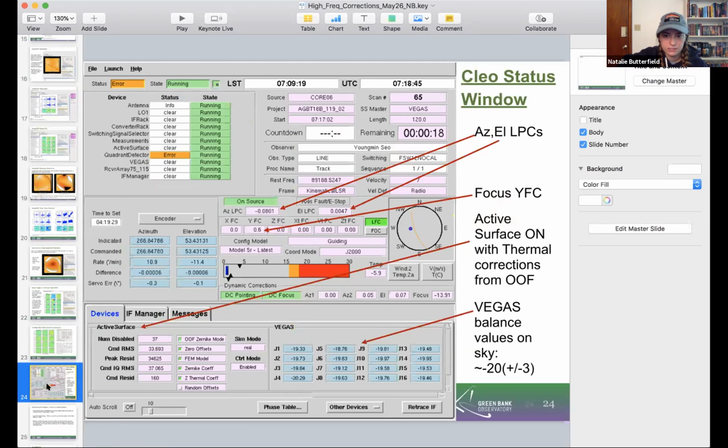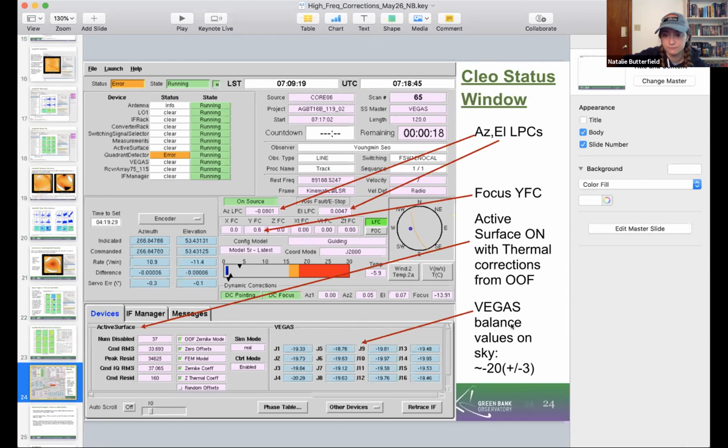All right, so this is the Clio status window. I think we've covered some of the Clio windows, either in your observations that you took two nights ago, or in Breen and Amber's talk when they went over Astrid and Clio. So a lot of these will look familiar, but the one that I really want to draw attention to is